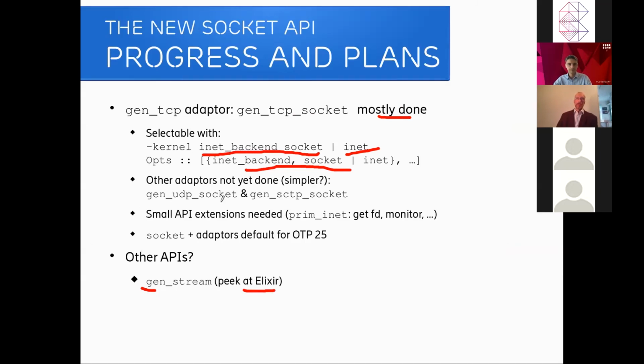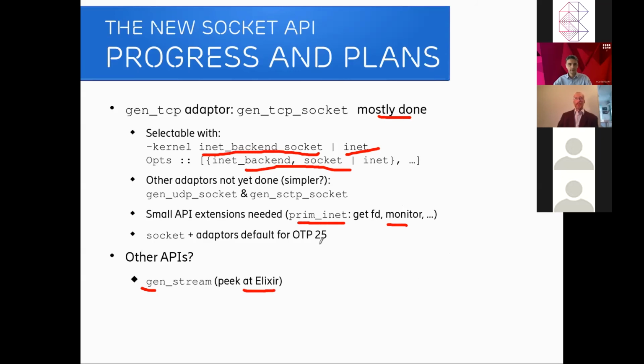They should be simpler. gen_tcp had a huge problem with unpacking complex packet formats. We also need some small API extensions because we ourselves use prim_inet for some applications, mainly to get the file descriptor or to monitor a socket. We assume that the socket is supported and can be monitored.